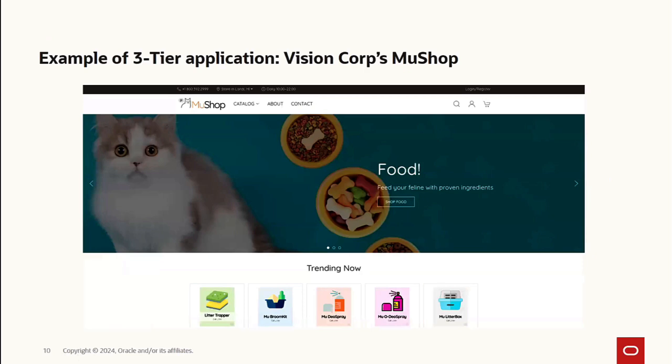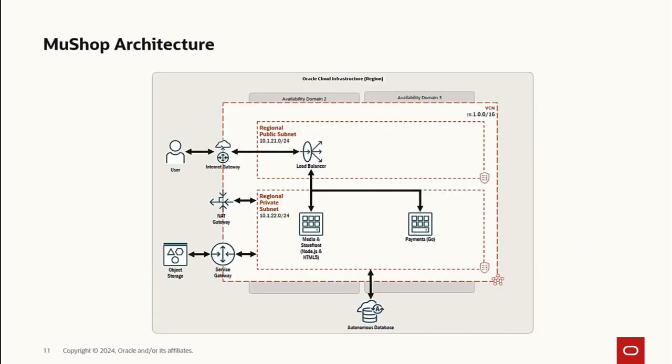MuShop feline food in Vision Corp. So we have it across two availability domains. We have a regional public subnet, a regional private subnet. This looks surprisingly like our two-tier session that we were talking about earlier. The load balancer is talking through the internet gateway to your potential users out here, and you have a NAT gateway for updates to your Oracle Linux here, and you have your access to your object storage through your service